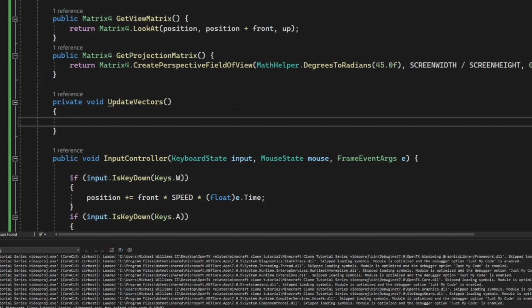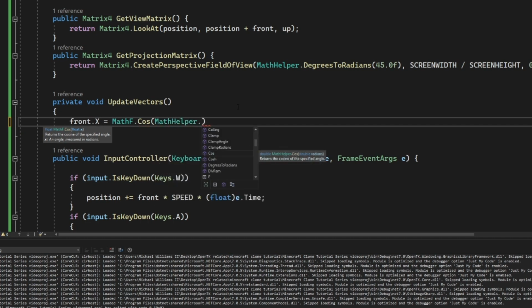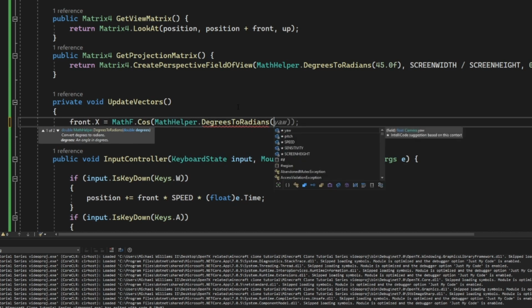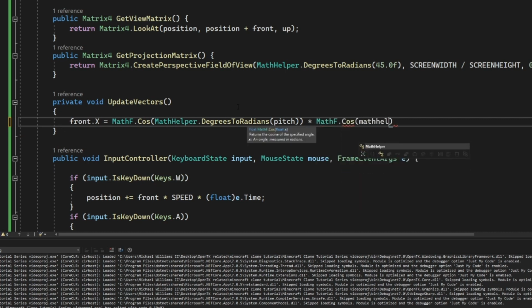And so what we're going to do is front.x equals mathf.cosine of the math helper dot degrees to radians of our pitch, and then we need to multiply this by the mathf dot cosine of the math helper dot degrees to radians of the yaw,